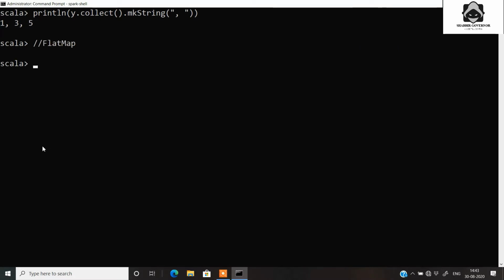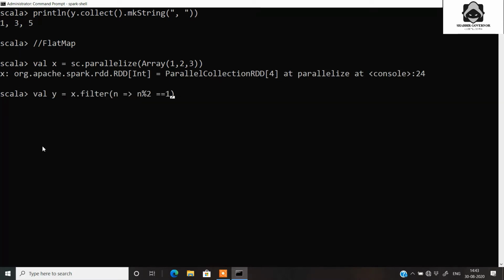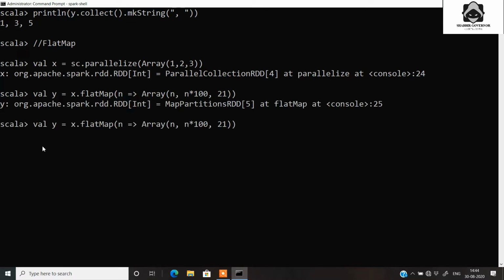Next is flatMap. Let's create an RDD of integers 1, 2, 3. Then we apply the flatMap function on that RDD. For every element in the original RDD, we will output the element itself, then the element multiplied by 100, and one constant, for example 21.